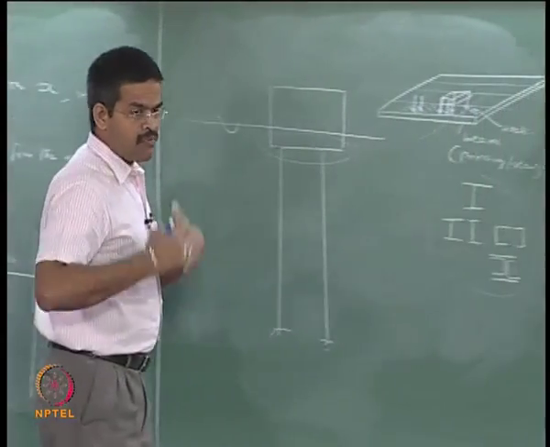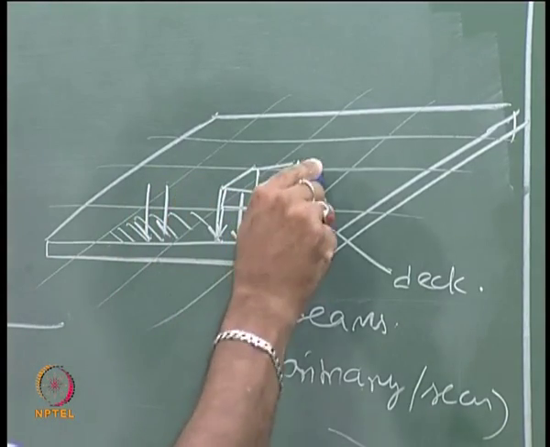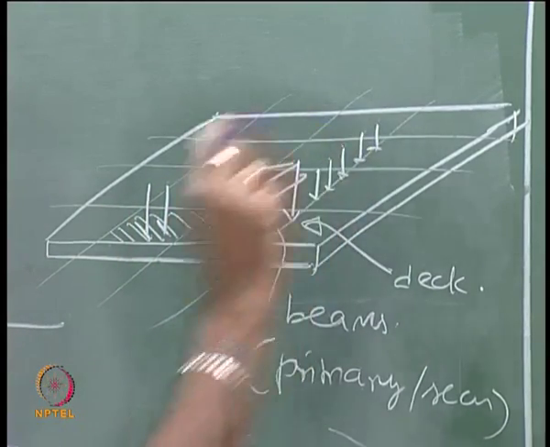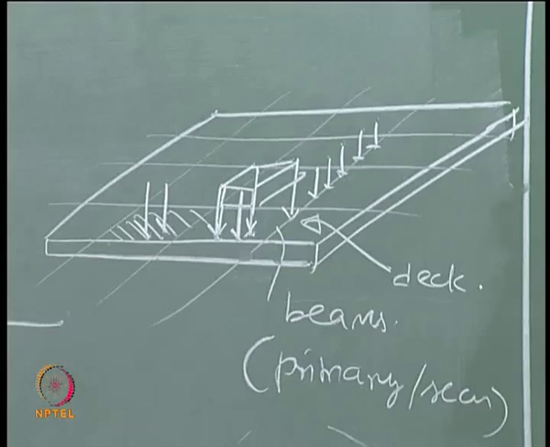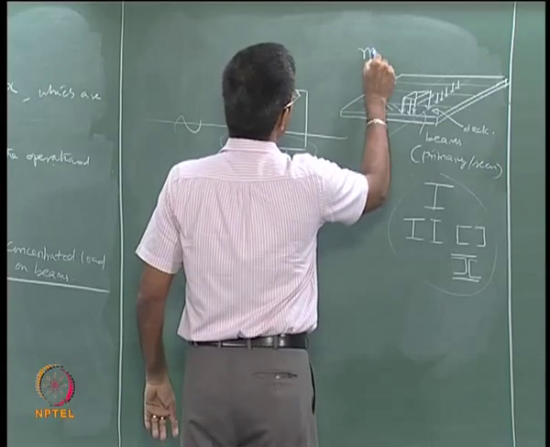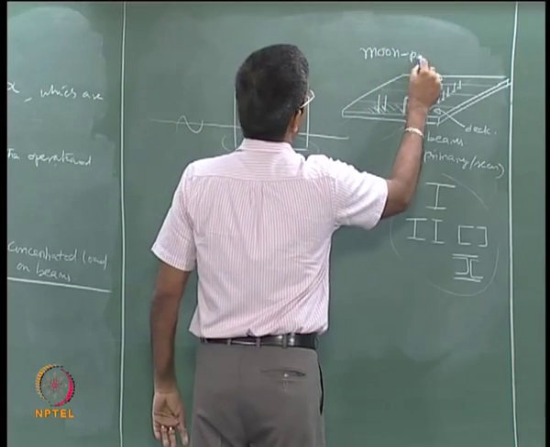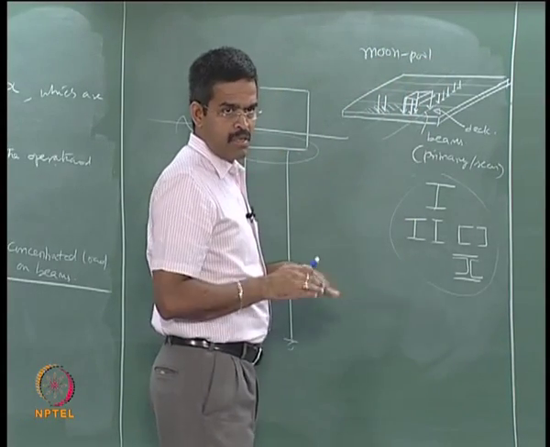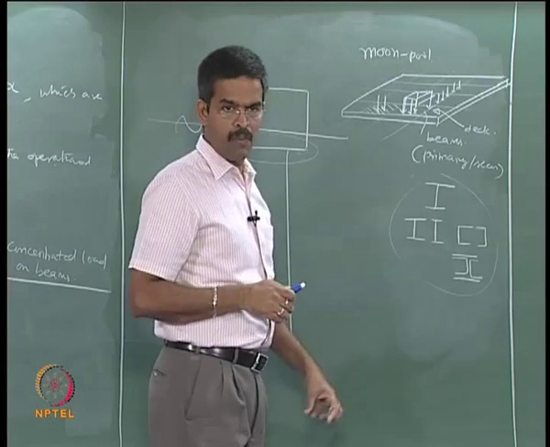Sometimes, unfortunately or fortunately, these loads can also act exactly on the beam line, we do not know. Can you give me an example where the beam line load can be developed? You have heard about moon pool. Moon pool is an opening given in the deck to perform drilling operation.